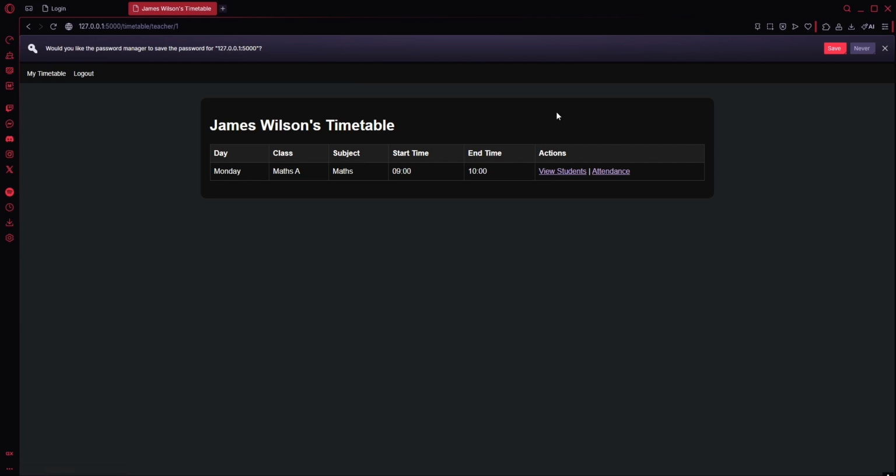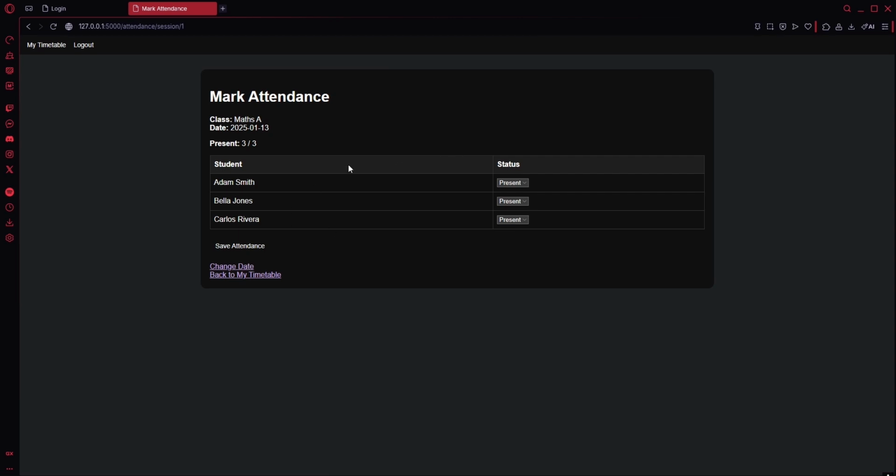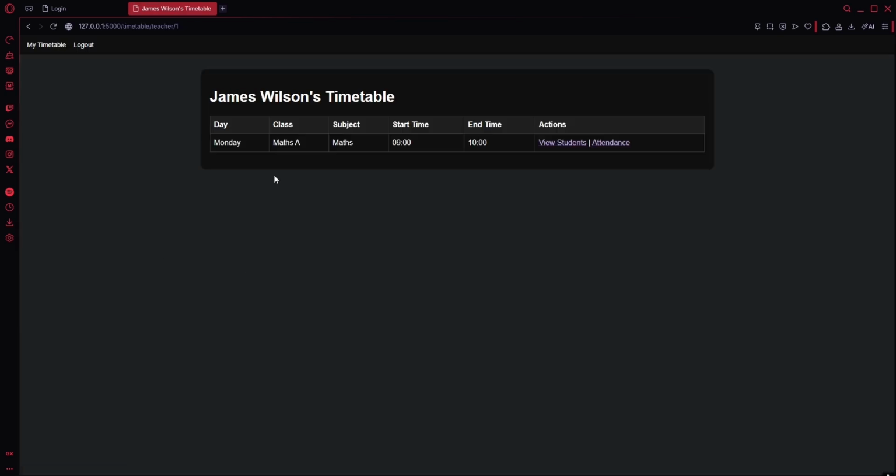So teachers can only see their class, therefore they can only mark attendance for their own class. And then we can just do session day 13/01/2025, and what we can see is the change has saved. So whereas on the admin page we marked as attendance, we can make this change, and because it's our class, you can just mark them absent again. It doesn't matter. It has been saved back to my timetable, unlike the admin's page where it shows back to